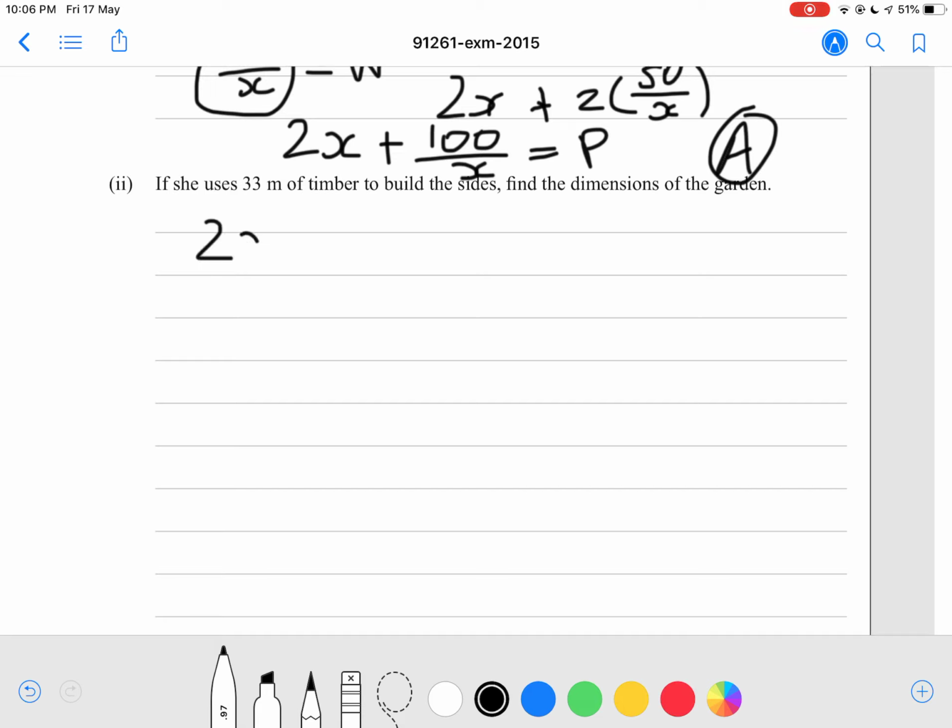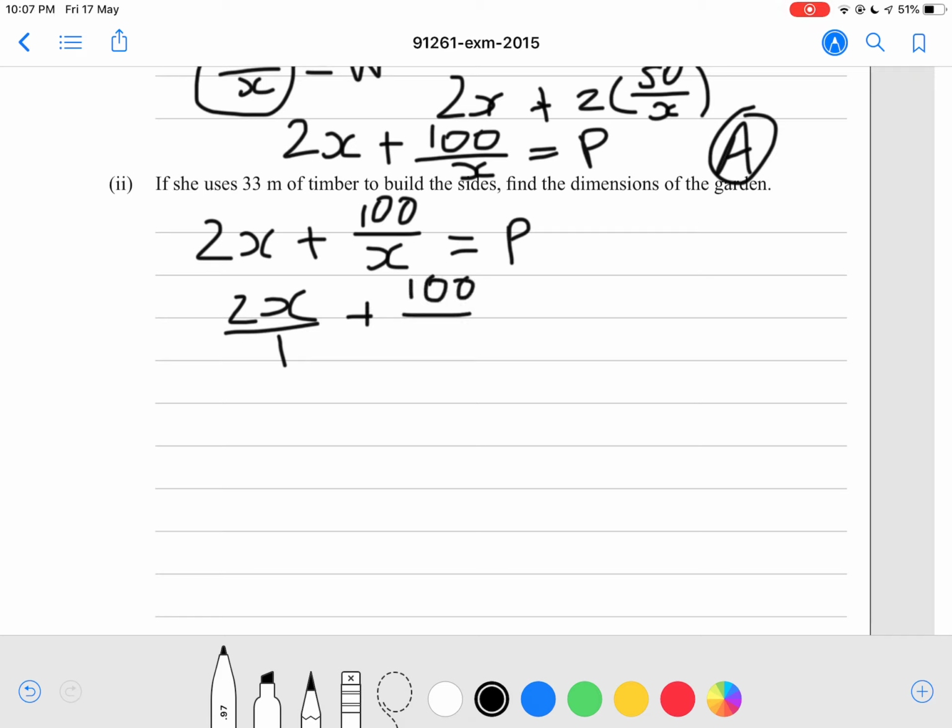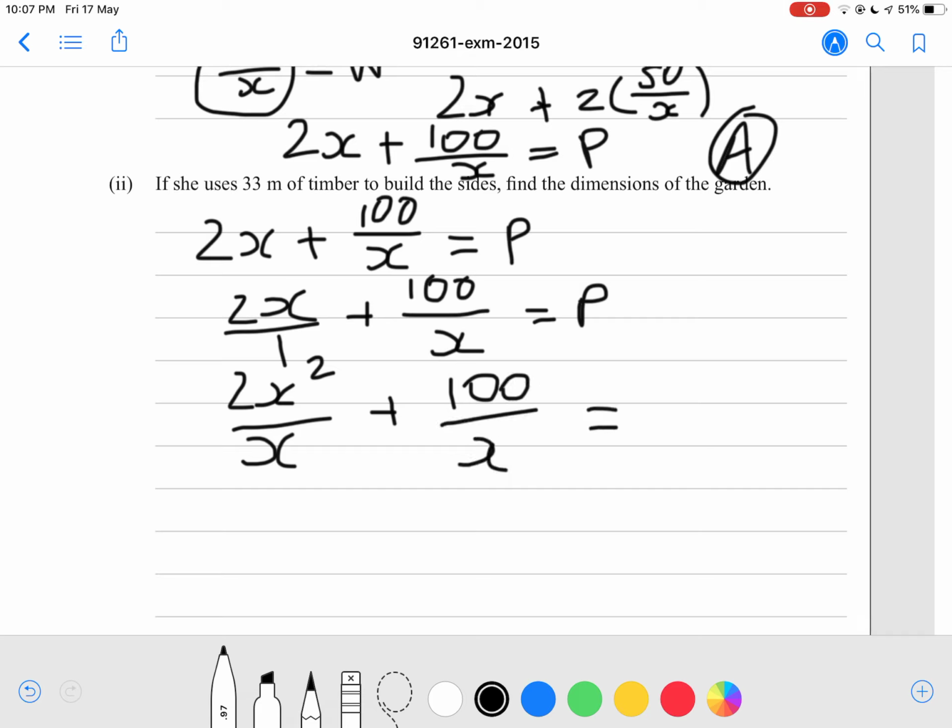Okay, so 2x plus 100 divided by x equals P. Then we're going to say 2x over 1 plus 100 divided by x equals P. Therefore, we want to make it the same denominator, so we're going to multiply this by x, so we have to multiply the top by x as well, so 2x squared plus 100 over x, that doesn't change, equals P. And because it tells you P is 33, we can just substitute P equals 33, so therefore